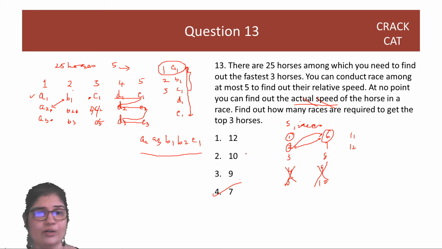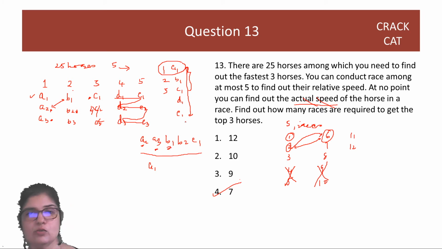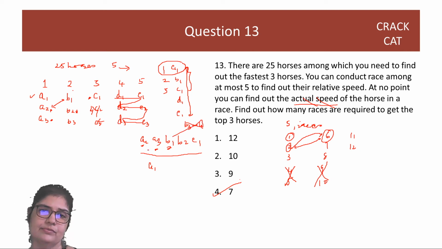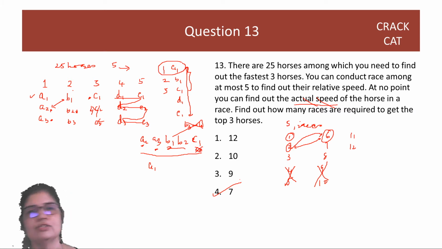Right? Our top one we have already got. That guy is A1. But A2 can be second, A3 can be third. But B1 is already second. So B3 then will be fourth. So I don't need to make B3 run. I can only stop at B2. And C1 is already third. So C2 will be fourth at most. So no running for C2, C3.